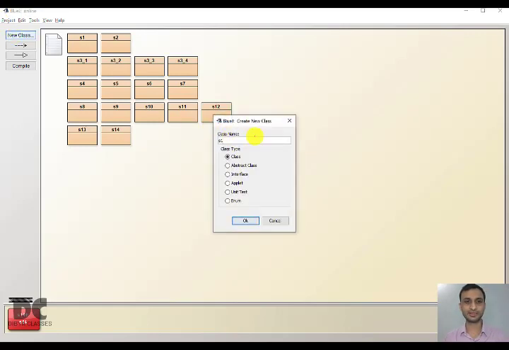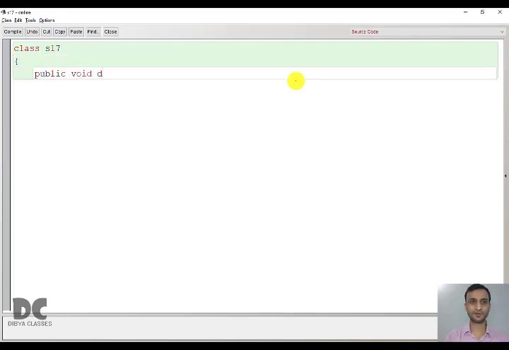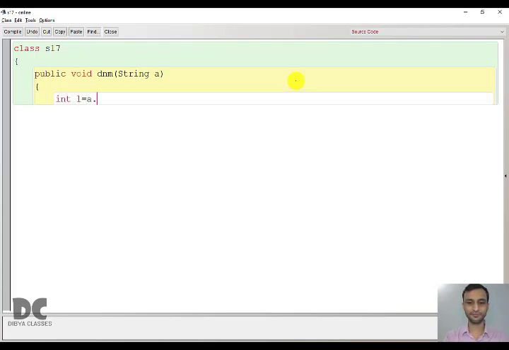So it will be class S17, public void DNM. We'll take a string A to store your name. First we'll find the length of your name, A dot length.